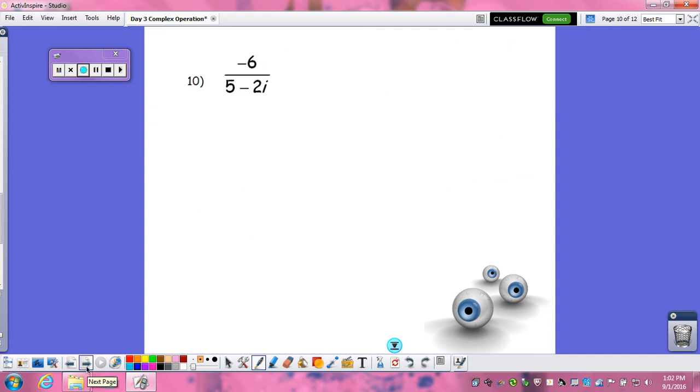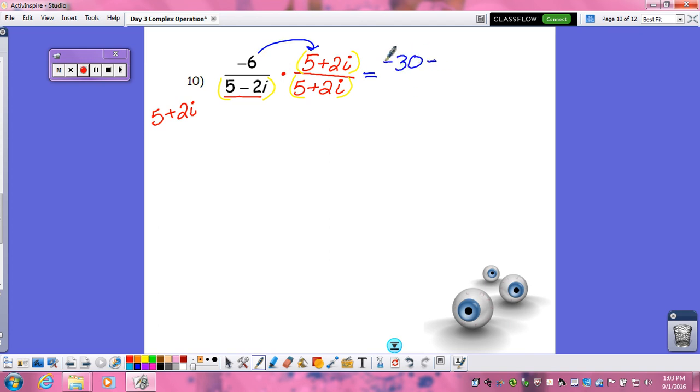Let's try another division. So we've got to determine the complex conjugate to 5 minus 2i. Since we have a minus, our complex conjugate is going to be 5 plus 2i. So that's what we're going to multiply, numerator and denominator. 5 plus 2i over 5 plus 2i. Put parentheses. We're going to go ahead and distribute your negative 6. So we have negative 30 minus